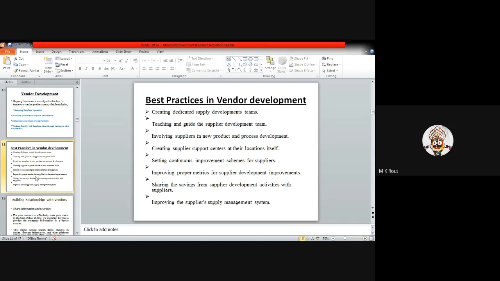Next point, sharing the savings from the supply development activities with suppliers. And the last one is improving suppliers' supply management systems. So these are the best practices in the vendor development process. Moving to the next one,